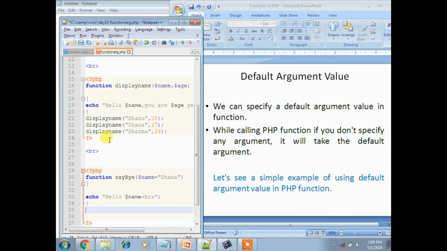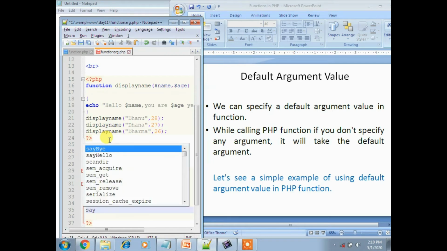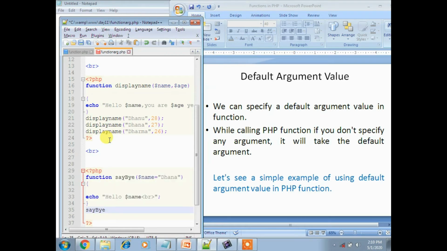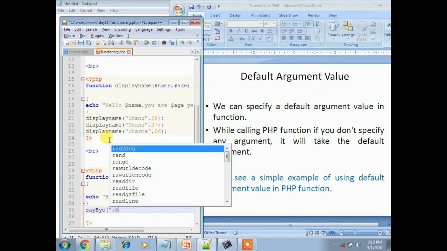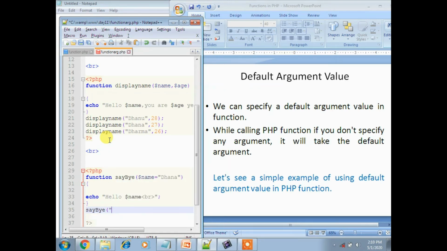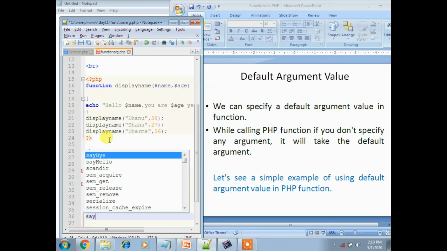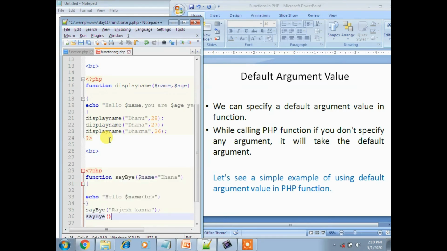Now call the function say_bye. What name do you have to give? Another name, Rajesh Khanna. Okay, and now call the function say_bye, that is, here passing no value.